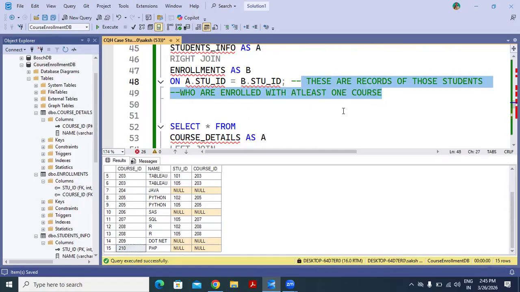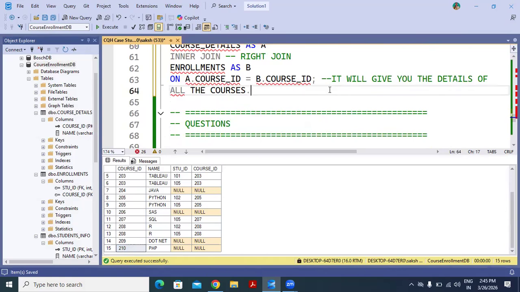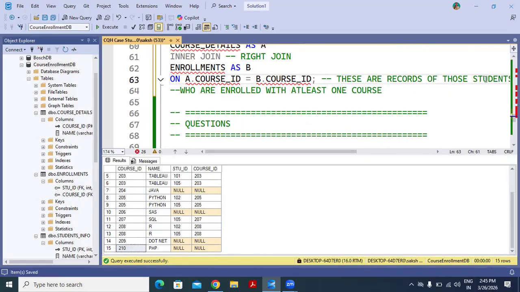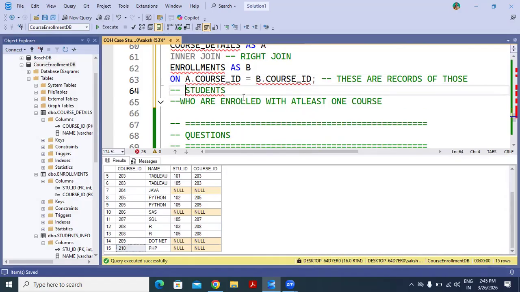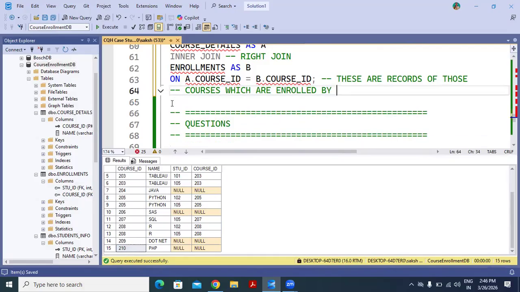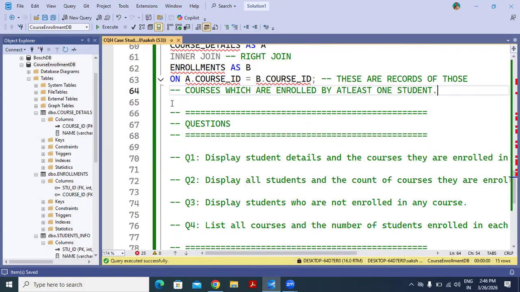So these are the records of, instead of students, you can write it as courses which are enrolled by at least one student. So in this way, join works. Now let's move on to the questions.